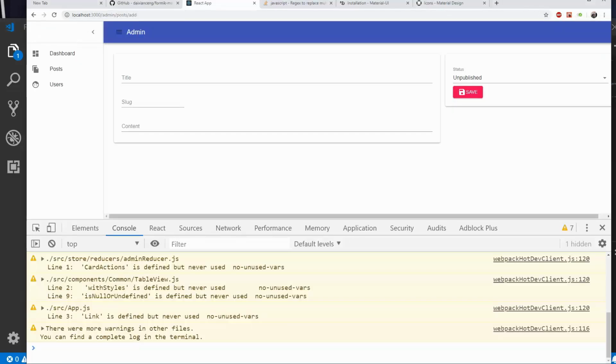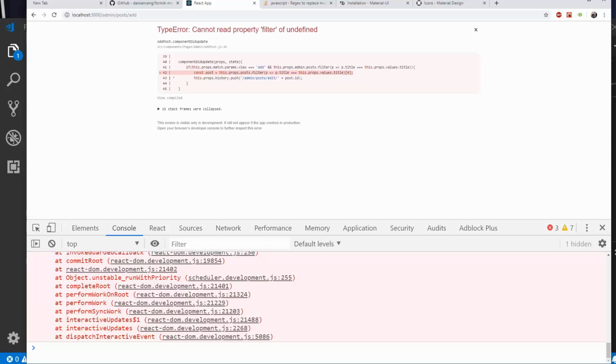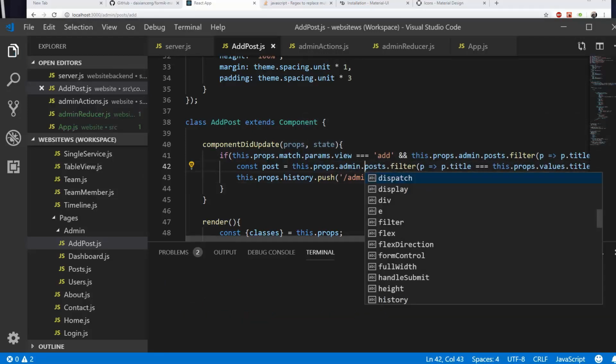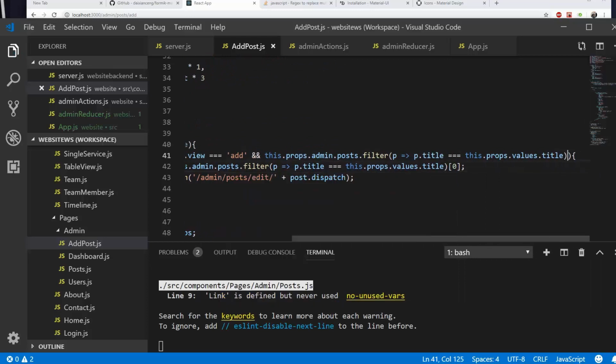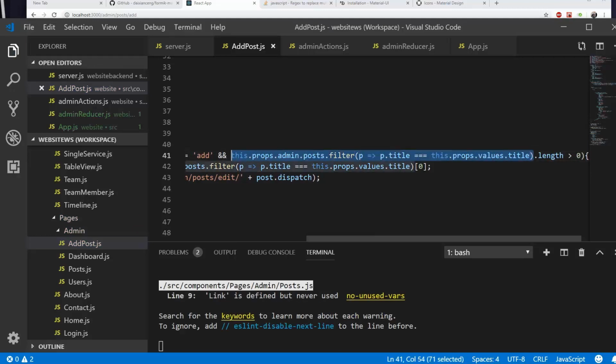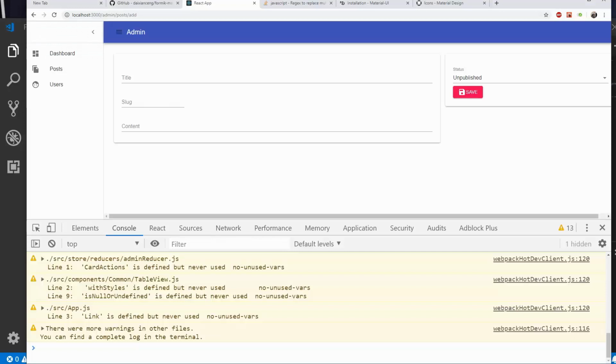All right. So now if everything we've done has been correct, when we add a new post, props.admin. And we actually, oh yeah, the length. Length is greater than 0, because this will return true right here. It's a valid list, but we now need to check if its length is greater than 0. Then we can tell that a post has been added